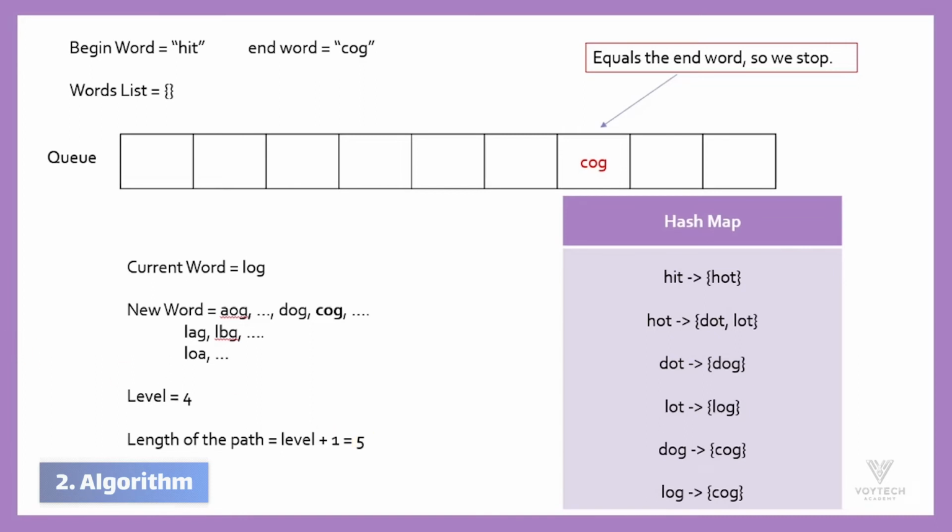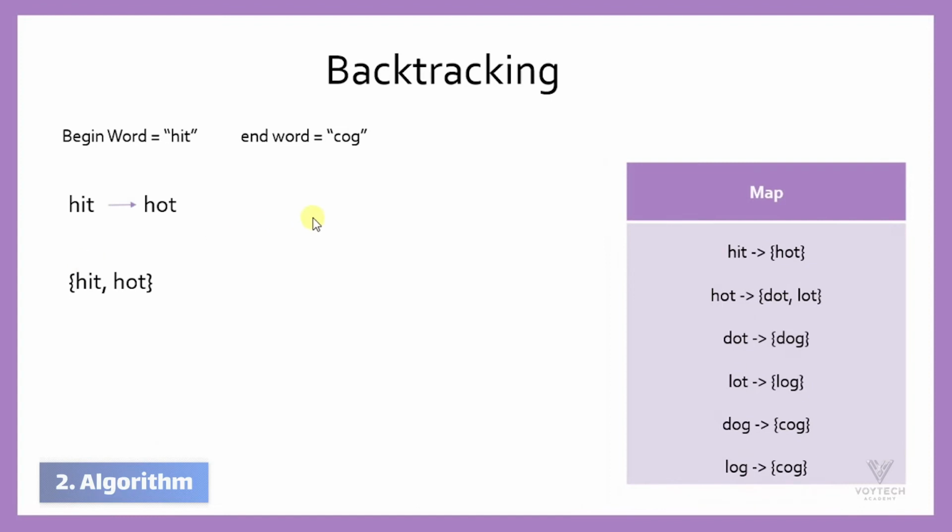So why do we use backtracking? Here is the important part. We need to find all the possible paths and return them in a list. So we need to store all these paths in a list and then return them as the question demands as the output. So what we're going to do here is, now that we have the map, we're going to go over all the possible